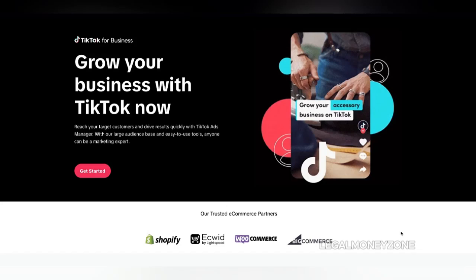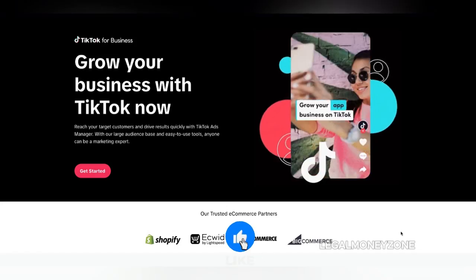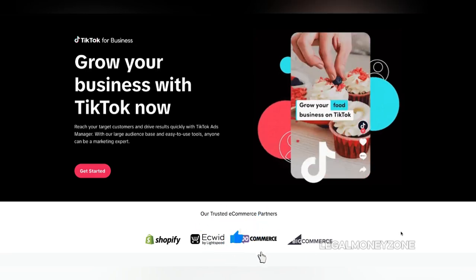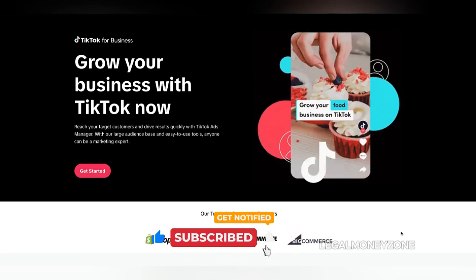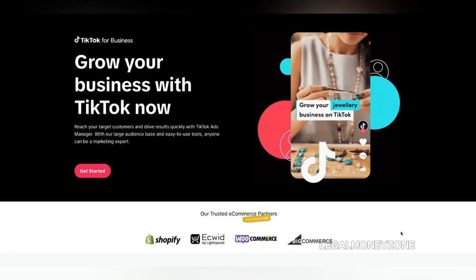How to make money with TikTok ads. Did you know that a single TikTok ad can reach over 1 billion users in a matter of days? Or that the average TikTok user spends nearly an hour on the app daily? These staggering statistics highlight the immense potential of TikTok ads for businesses seeking to increase brand awareness, drive sales, and